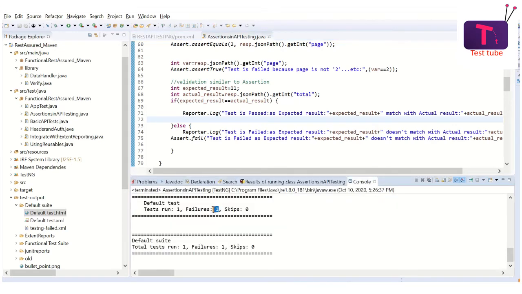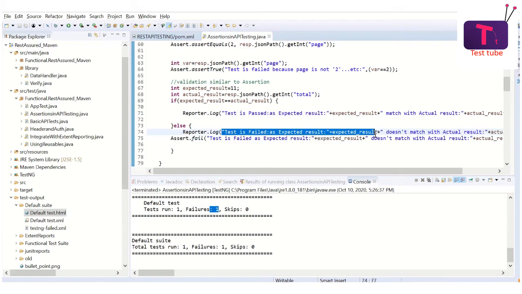See, now we can see that it has failed, and if you see the TestNG logs, you will see that this message is printed for the reason on why this has failed. All right. So now if we run this, it is going to print the logs, and also it is going to fail when it has failed, it is going to pass when it has passed. So which is what we are looking for, and this is perfectly fine.